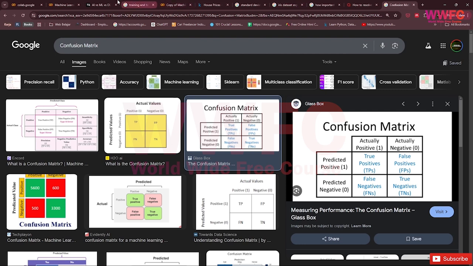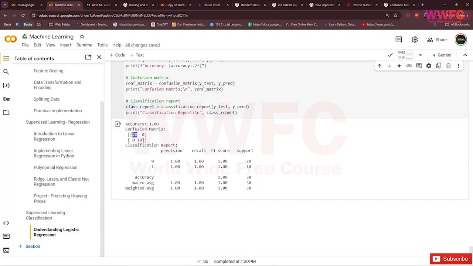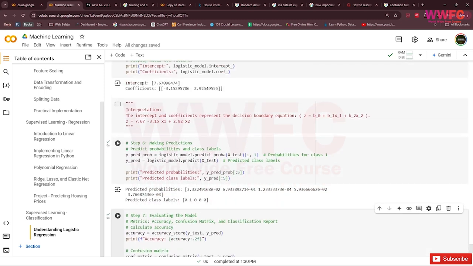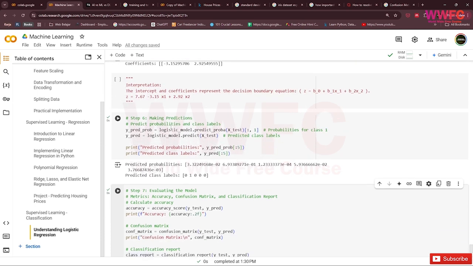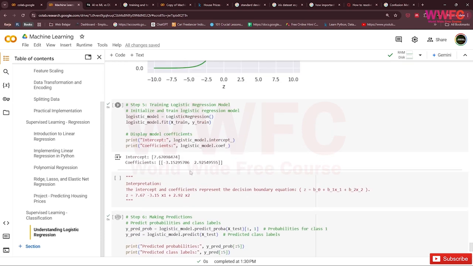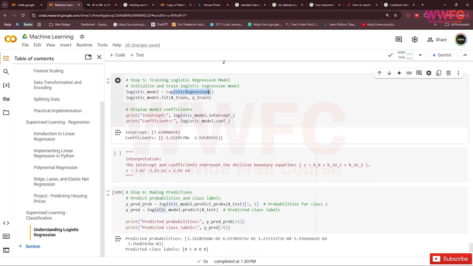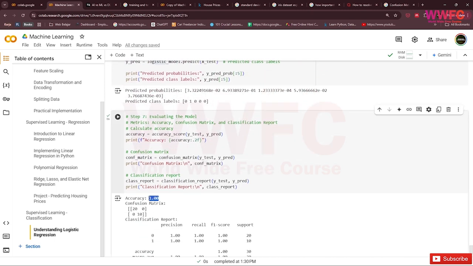So we can see our accuracy is 100% because this is 0, this is 0, so there are no false predictions in our model. So 100% accuracy in our probability prediction model. We use a logistic regression model in here, and it has 100% accuracy.